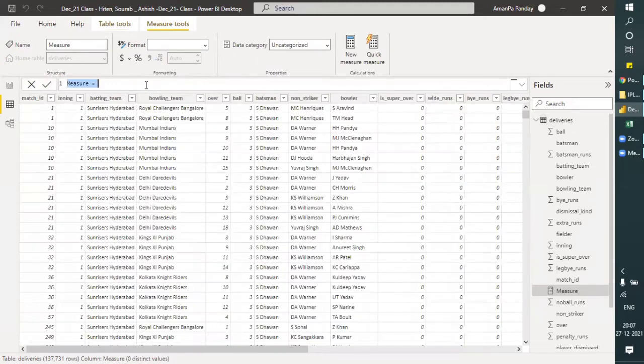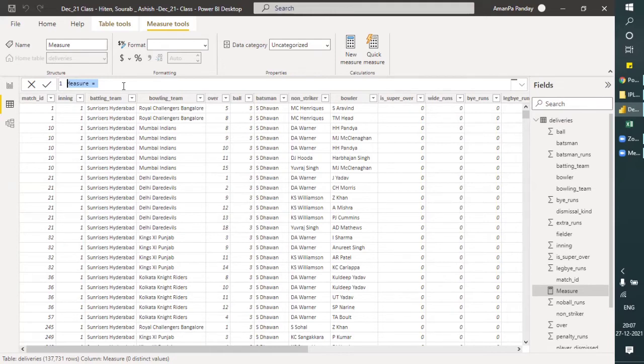Okay, so one best practice is that whenever you create any measure, you should start with one initial alphabet or any word, so that when you create multiple DAX measures, it will cluster and show all the DAX at one place.